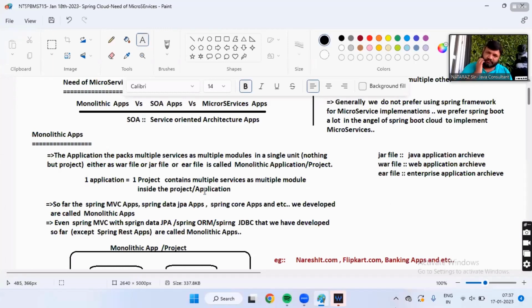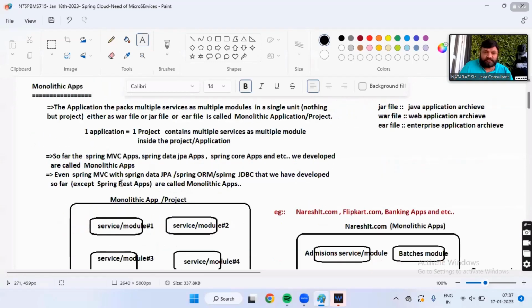So far, the Spring MVC application, Spring Data JPA application, Spring Core application, and so on that we developed are called monolithic architecture applications.